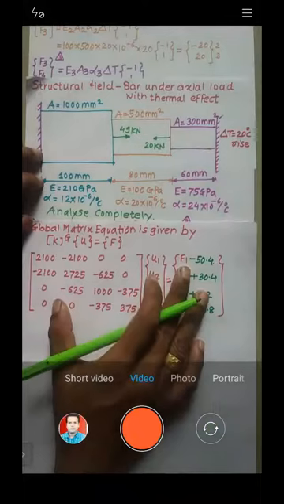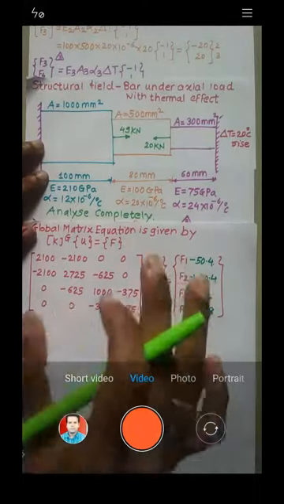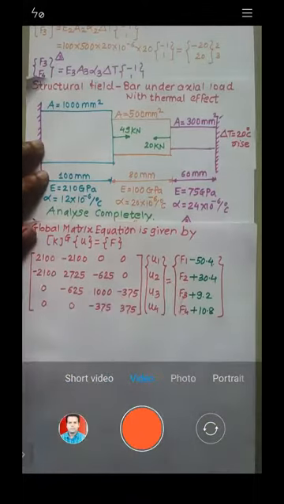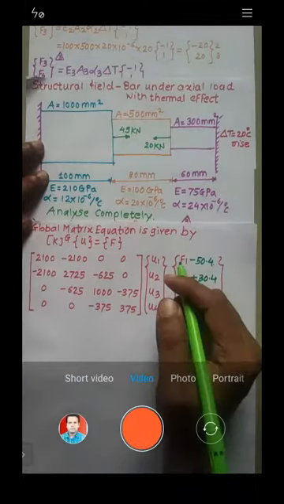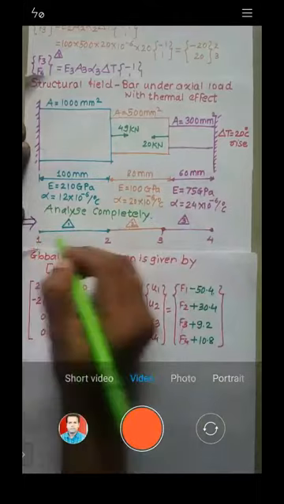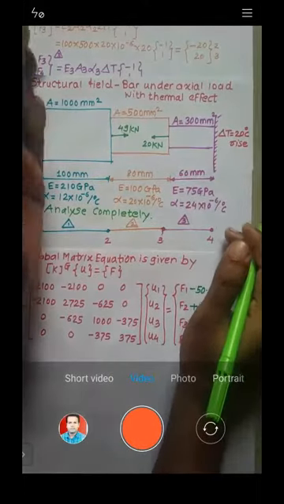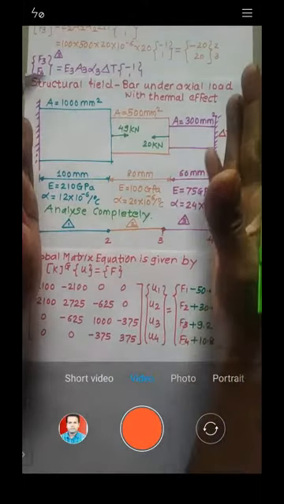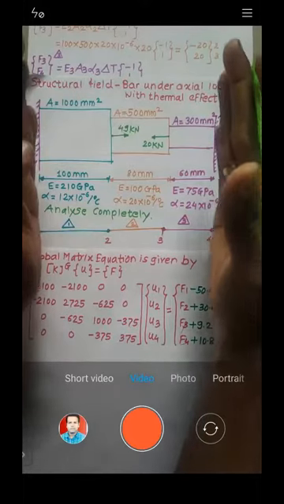Yes, sir. Whenever we come to such an equation, we need to reduce or simplify the equation. For that, you try to impose the boundary condition. You can see at node 1 and at node 4, that is at the extreme left hand and at the extreme right hand side, the nodes are fixed.